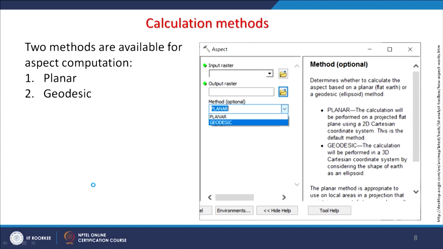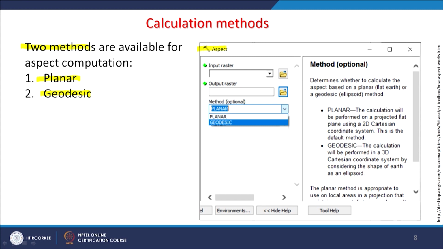Now, when we go towards the calculations based on software, the example we are taking here is ArcGIS, it is not necessary that you should also use it. You can also use QGIS, PMAP or Intergraph software or GeoMedia or many GIS softwares. There almost similar options should be available. So, again two methods like in case of slope, here also two methods, one is the planar method, another one is the geodesic method.